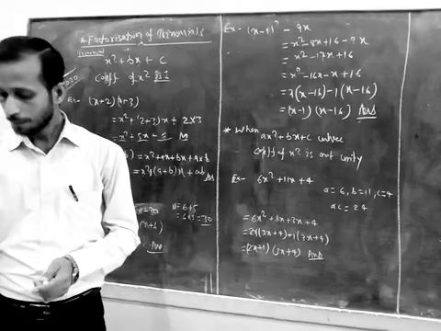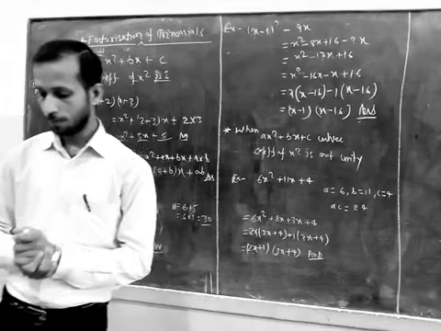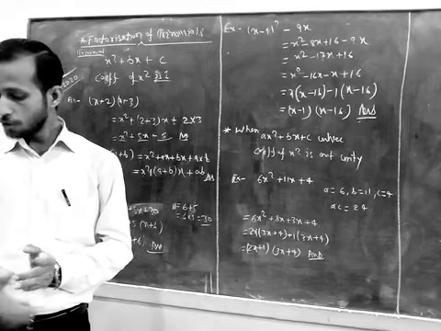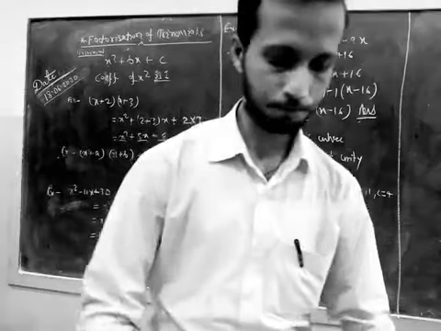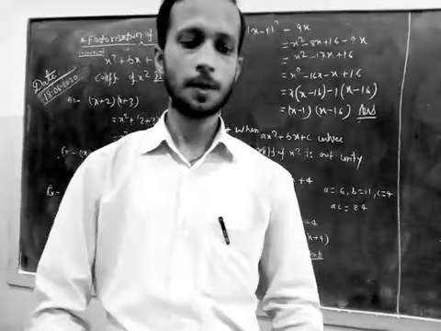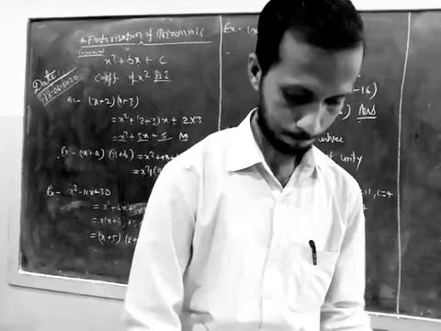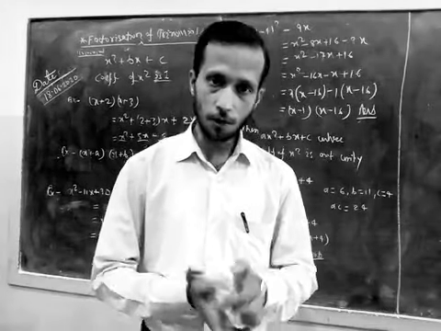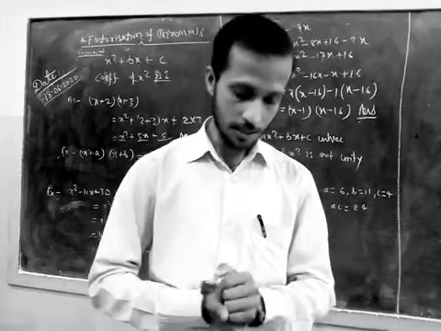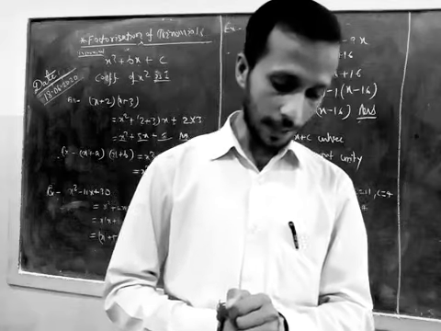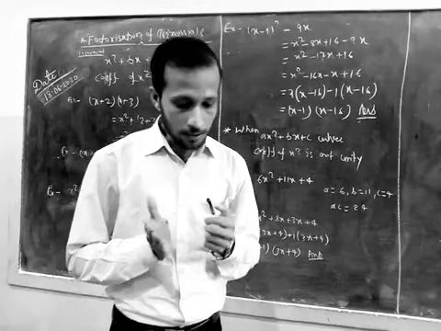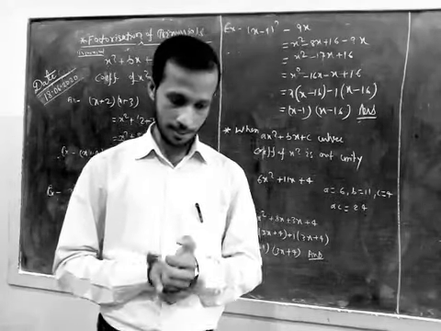First step, consider the constant term of the trinomial. Second step, find those factors of the constant whose algebraic sum is the coefficient of x, or split the coefficient of x into two parts whose product is equal to the constant. Third step, split the term containing x by taking the coefficient of x as the sum of the factors found in the previous step.